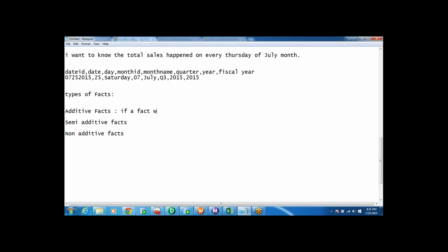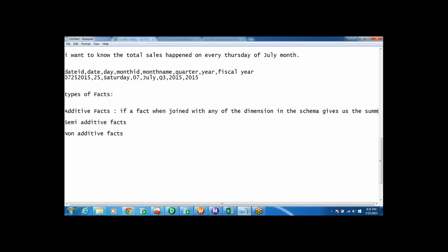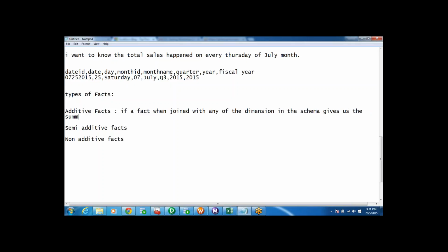If a fact, when joined with any of the dimension tables in the schema, gives us summarized information, then such kinds of facts are said to be additive facts. For example,